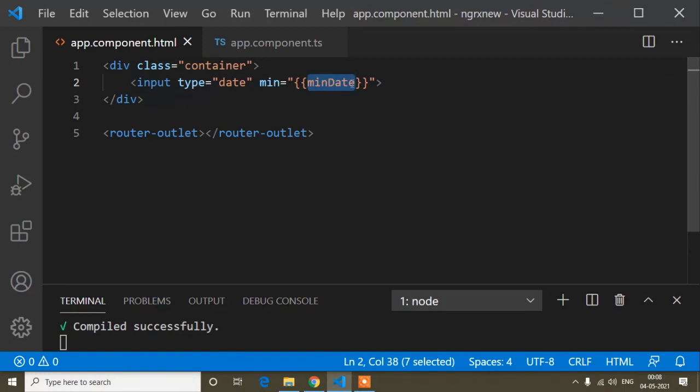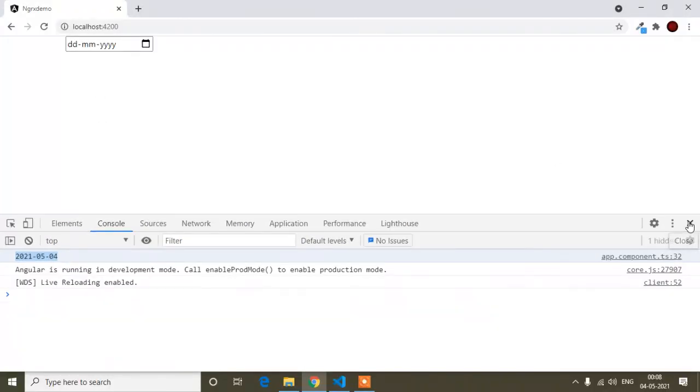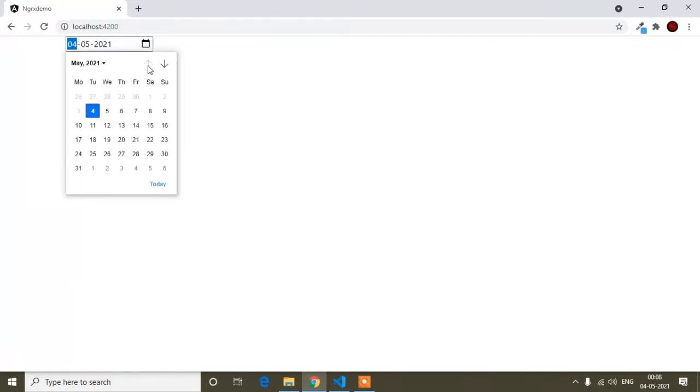So now this minDate variable I have bound here. So now today's date is dynamically bound here. So now if I remove this console and open it, you can see it disables the previous state. So now it's 12 a.m. You can see the date is changed because I'm making this video at night, so at 12 a.m. the date has changed from 3 to 4, so May 4 2021. But if I want to choose the date 3, you can see it's disabled and the previous date button is also disabled.